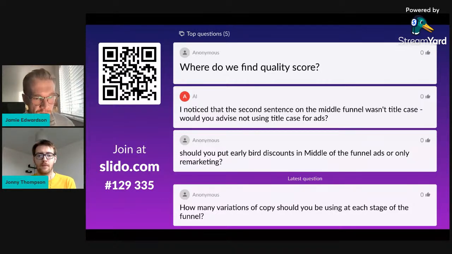This example, although it did perform well, was just a client's preference. Their call to action always needs to be in sentence case because it's like that on the website. So we were just mirroring their brand standards within that example, but we usually keep the headlines and the sentences in